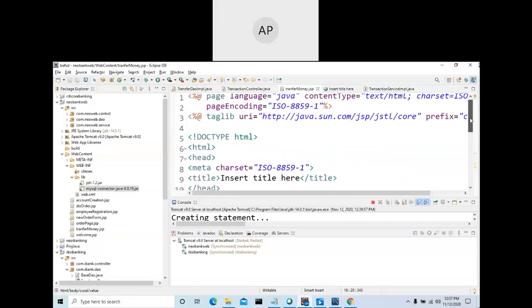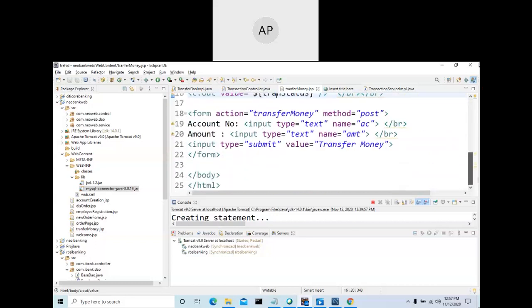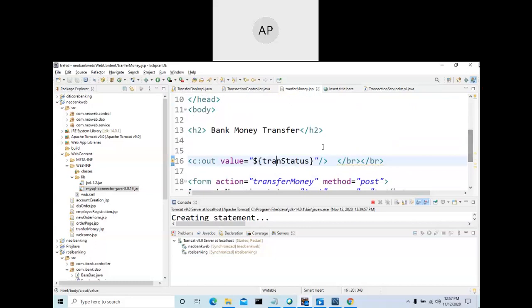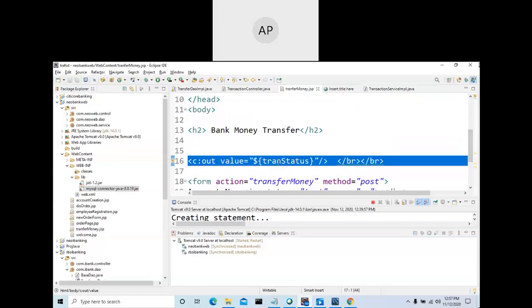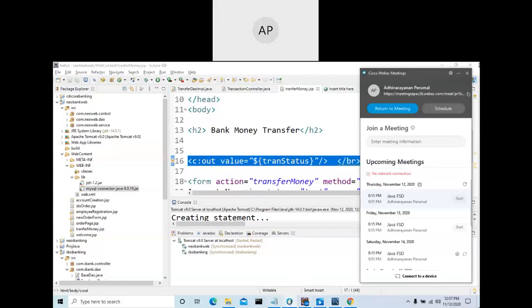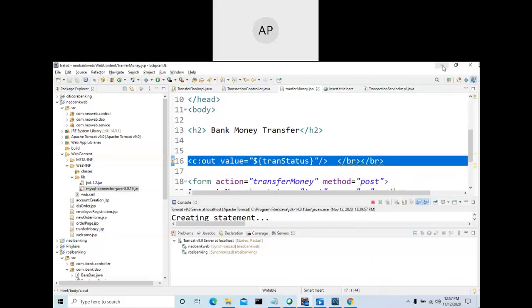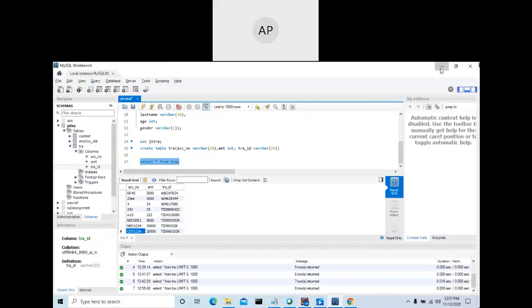Whenever I submit, your servlet and other classes generate some dynamic value and put it into an implicit object, and by using JSTL you retrieve those objects and show them on the screen. Your JSP can contain both Java and HTML logic. JSTL is also Java, a tag library. Okay, so you got an idea.